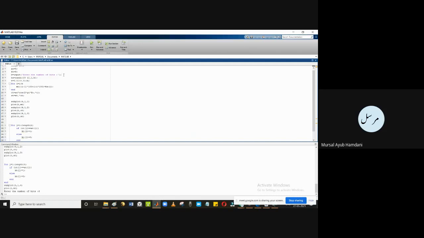Third line, FC equal to input, enter the value of FC or the carrier frequency. Whatever values you can input them and then accordingly give it at the bottom stage as well. Third thing you can do, instead of giving this random input, you can yourself give B as some certain values, but make sure that the value of B is given accordingly, because we are using the time space accordingly. So these little manipulations you can do.